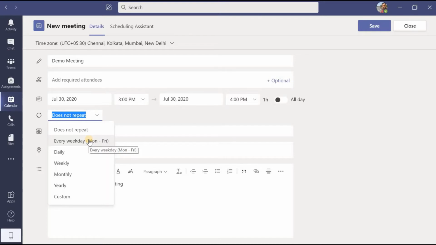Or you can choose daily, weekly, monthly or yearly. Or if you want to customize, say on Monday I want the meeting, in the same week on Tuesday, and in that same week on Friday, like that customization is also possible by using this custom button.